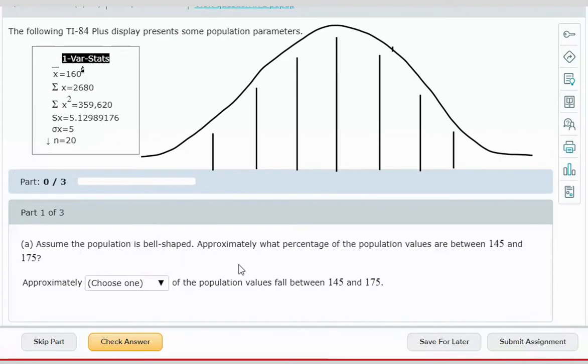We know that the mean is 160, so that is the line that you drew straight down the middle from the highest point. So we're going to label that here